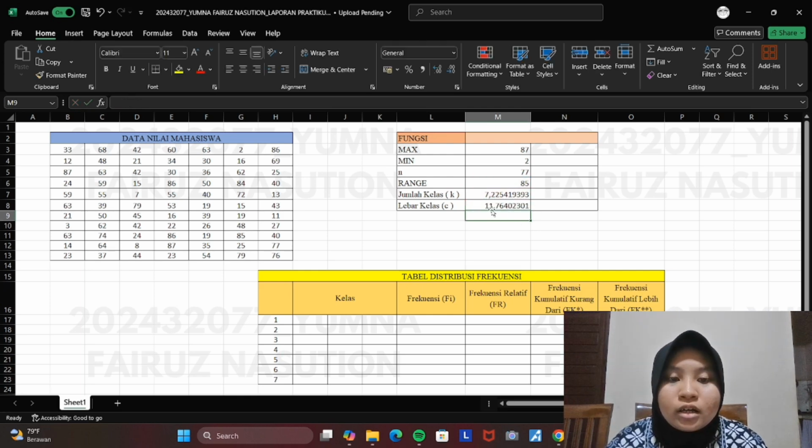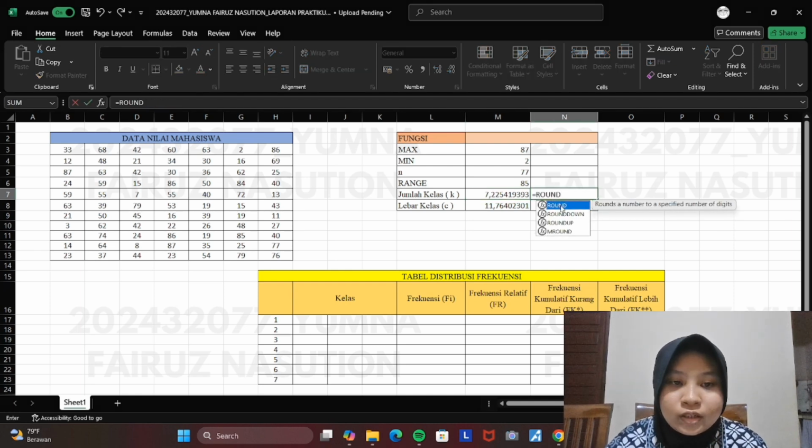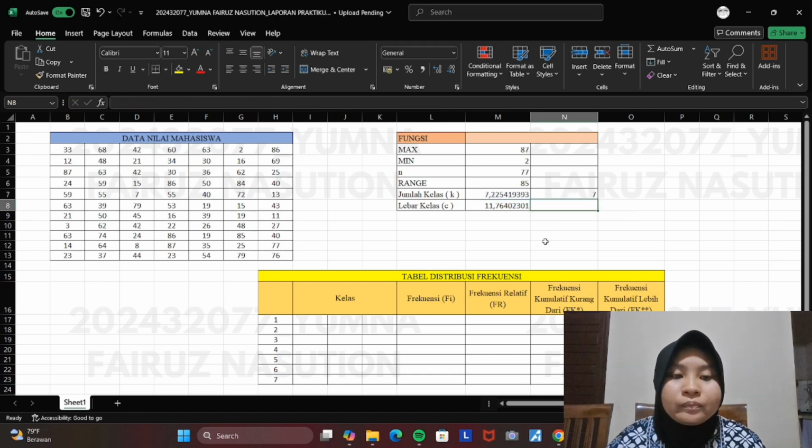Now, we already have the number here, but there are a lot of digits behind the comma, so we need to round it so it only consists of a whole number. So the formula is round here. We block the number and then we use a semicolon and put a 0 there. And it already has one number here.